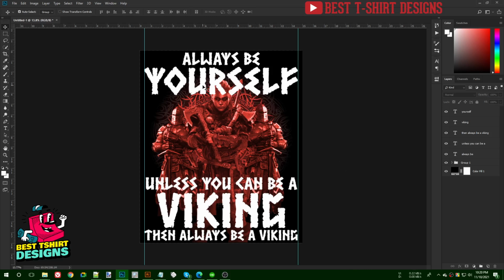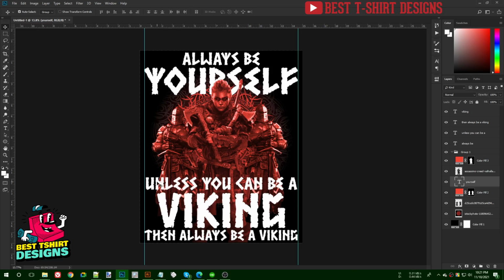So I want this yourself text to go behind her head, but on top of the background. So how to do that? This is my yourself text. I'm going to bring in, just a layer below that, my lady layer. You can see now it is looking like she is on top of the yourself text, but the rest is in the background. And of course for this area I want to keep them on top, and then I want to hide this part of the graphics. Like this part is okay.